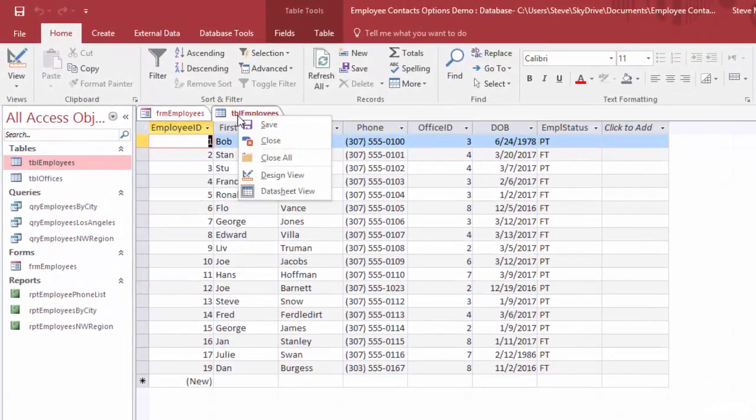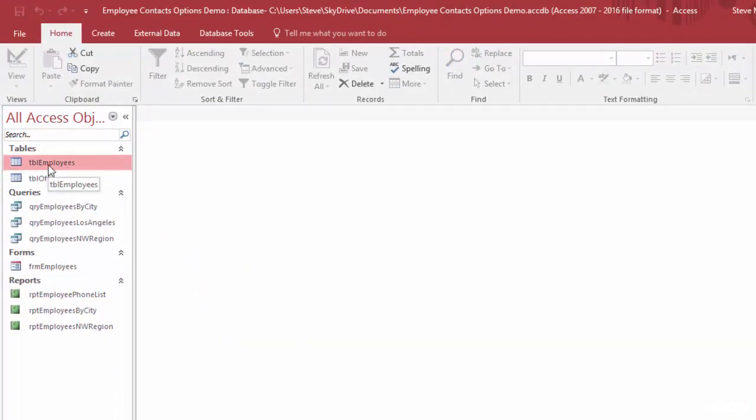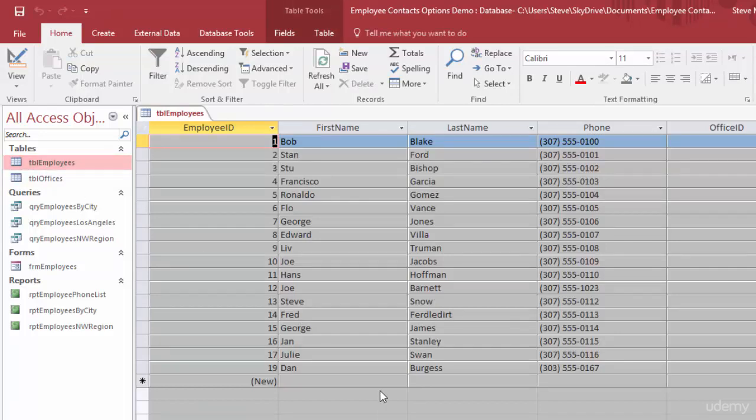So we'll just close these, and we'll reopen the table and see what it looks like. Okay, so you'll see now we have the raised up cells. They look a little bit three-dimensional. We have 2-inch column headers here. And you can still see the grid lines, but if we go back,